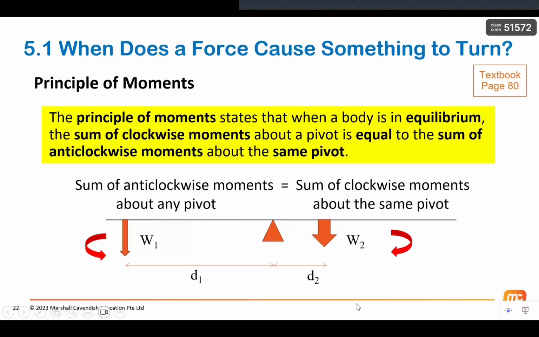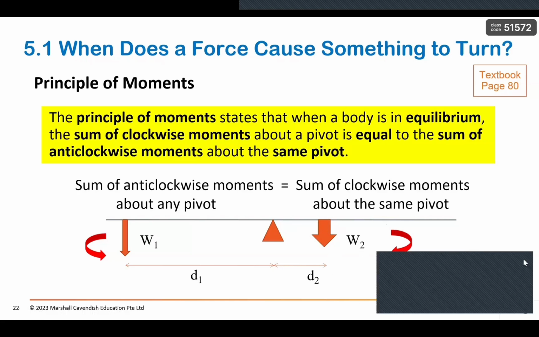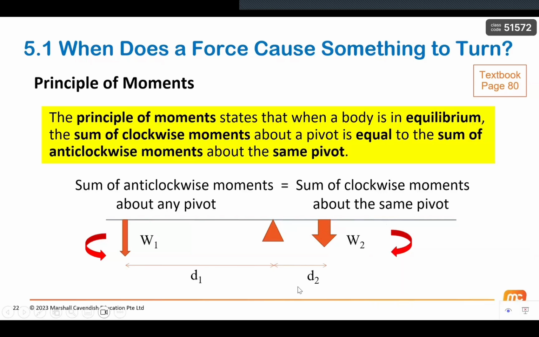So it is causing the clockwise moments. So this clockwise moment will be W2 times D2. And in order for this entire rod to be balanced, it's not W1 equals W2. I do not need the two forces to be equal, neither do I need the two distances to be equal. They can be placed at many different positions, and can have many different weights, but this rod can still be balanced because